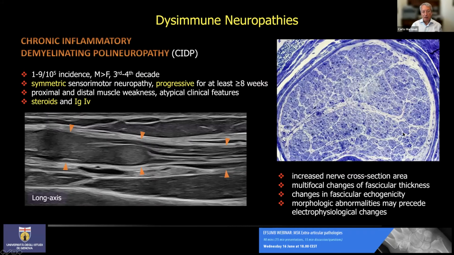In cases of demyelinating polyneuropathy, we may have a focal thickening of individual fascicles of the nerve as a result of